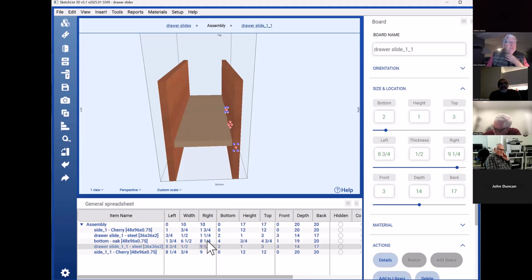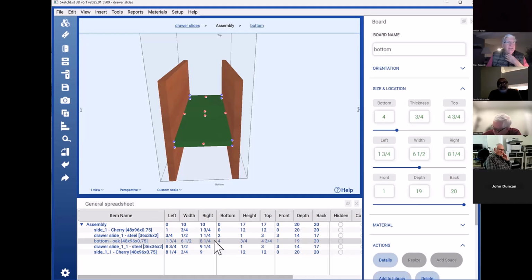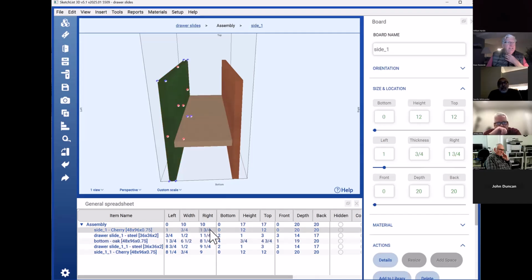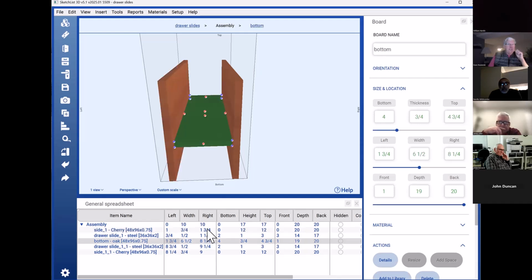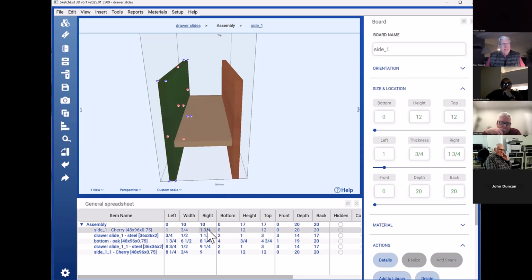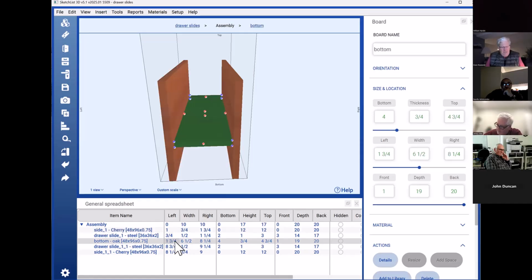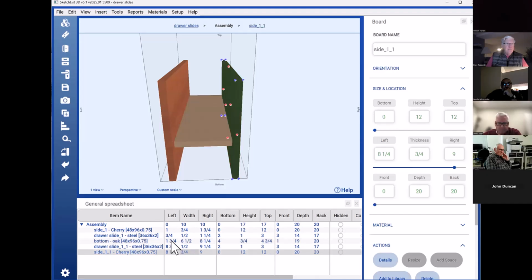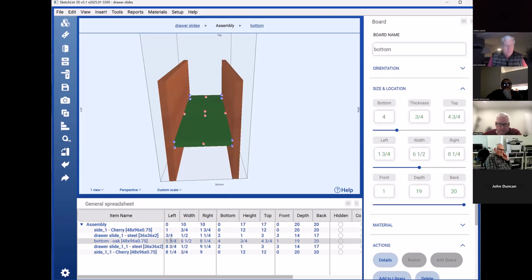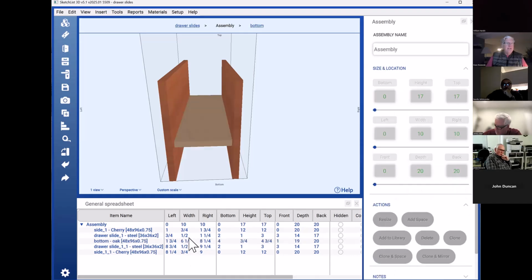So what you can do is you can take things and sort of, like I say, on the diagonal. So this side has a right value of 1 3/4. If I wanted to know where the bottom was going to be, I could just copy that, come here and paste it, but it didn't pick up the change on a paste. So I'll do that, and